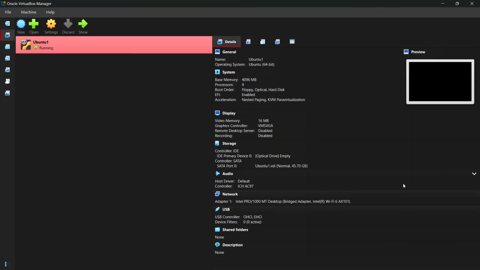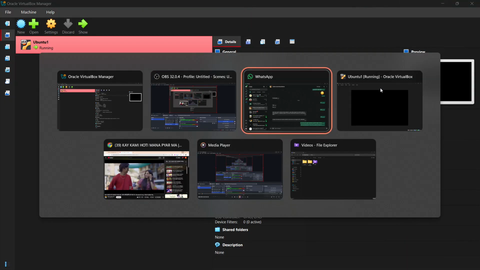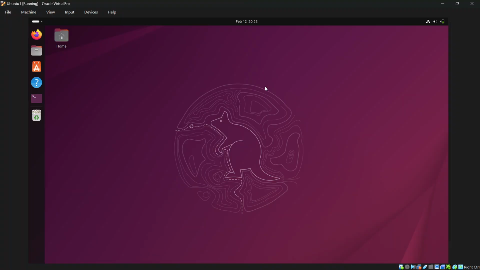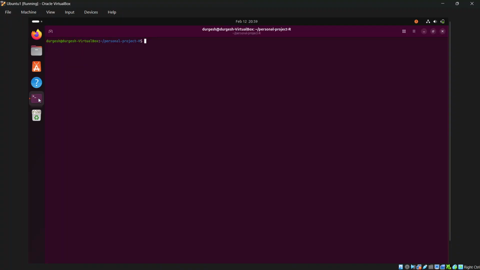Hello friends, now our Ubuntu is running in the VirtualBox. So let us go into the Ubuntu first. Here I am typing, I am putting my password here. Now I am first of all going to the terminal, and also I open this side-by-side